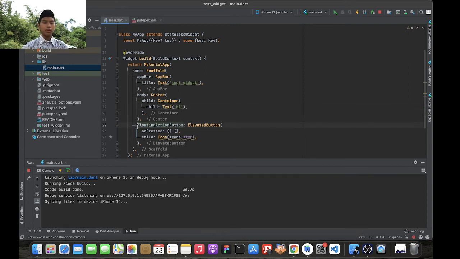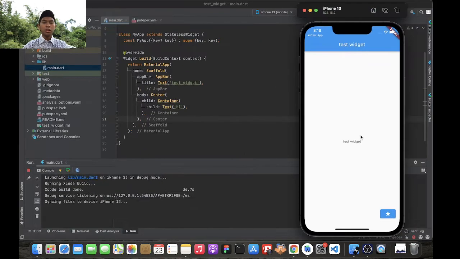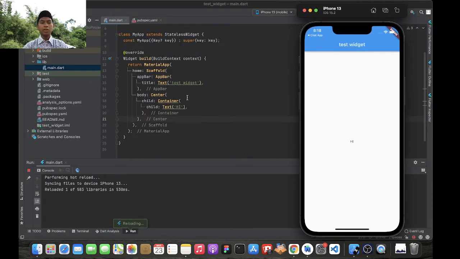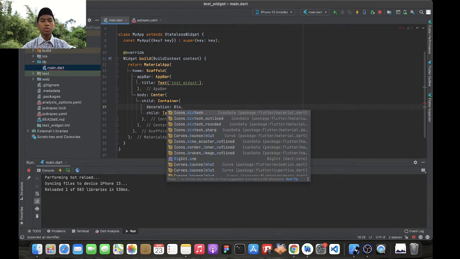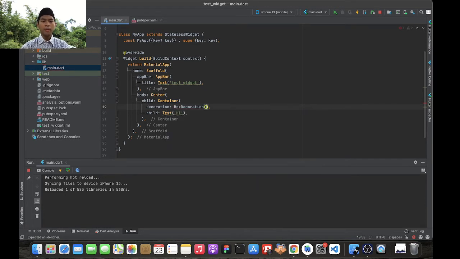And you can even erase this floating action button. If you run the project, it will look like this, because the container doesn't have a color. You can add some color inside the decoration,